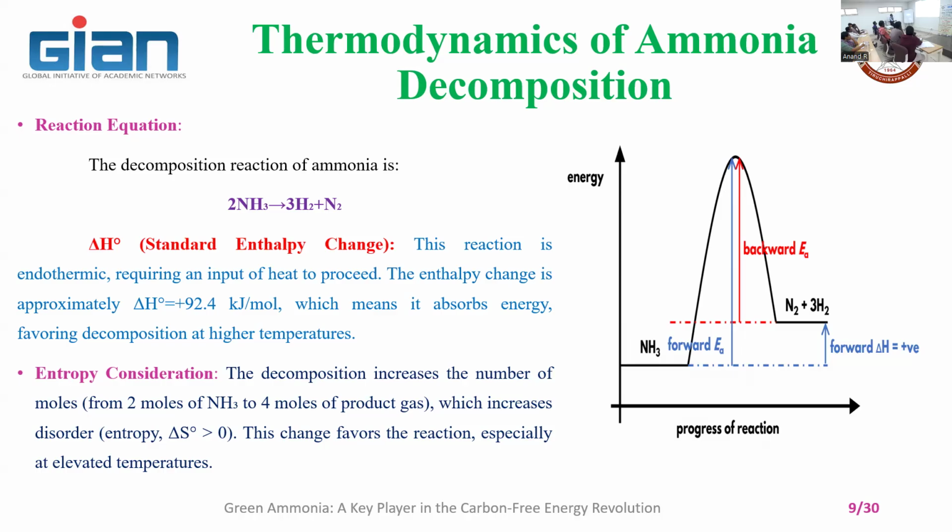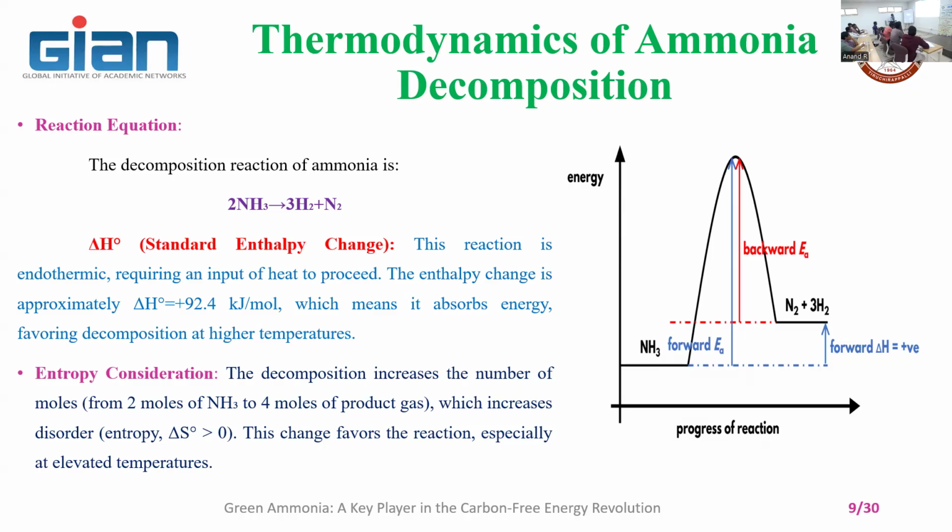The decomposition reaction increases the number of moles from 2 moles. Here we are using 2 moles of ammonia converted to 4 moles. Okay, so that is a very important thing. So here, when you go for decomposition, the number of moles increases, with 3 moles of hydrogen and 1 mole of nitrogen, and nitrogen is reduced from 2 to 1,